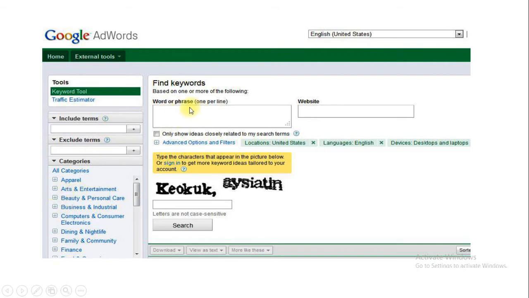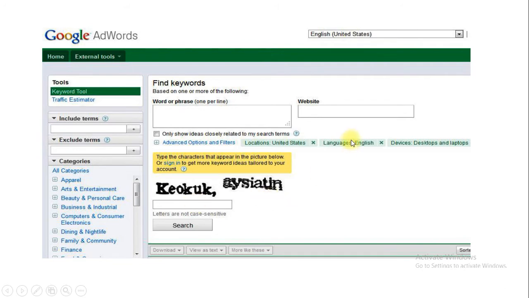Over here you need to type a keyword or any phrase which you want to apply for the Google AdWords tool, and you can also give or refer the website for the same. You can have advanced options or filter options for the Google AdWords tool, and over here you have a CAPTCHA code, and at last you can click on search.